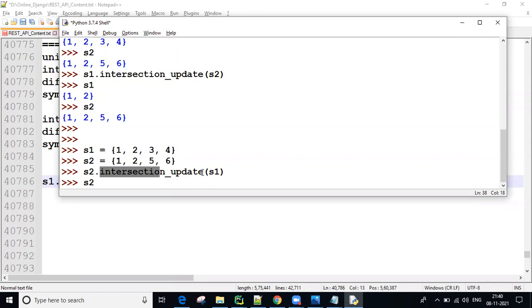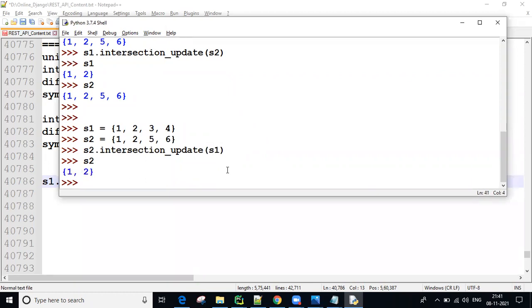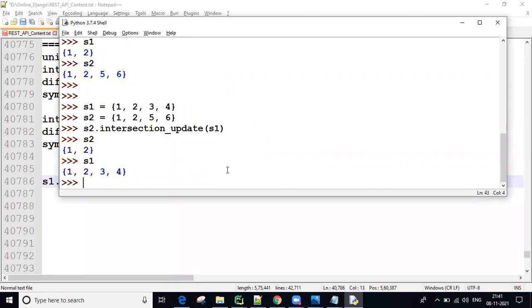S1 data is the same common data, that will not change. That's the original data. S1 is the same previous data. That's all. So tell me now, is it clear, the intersection update, right?